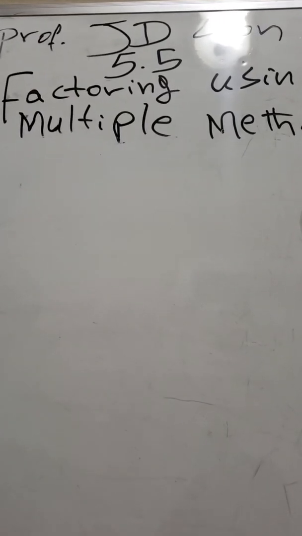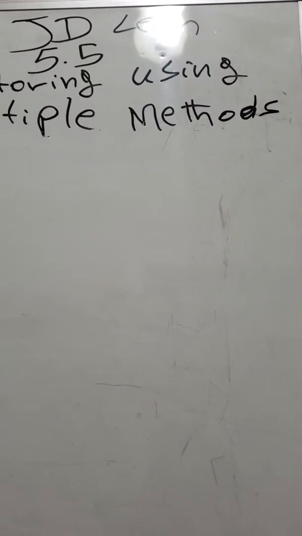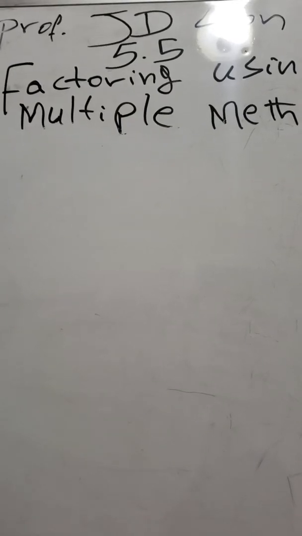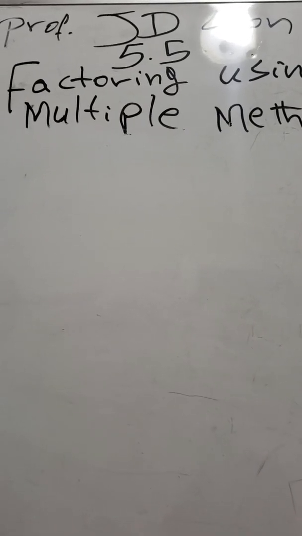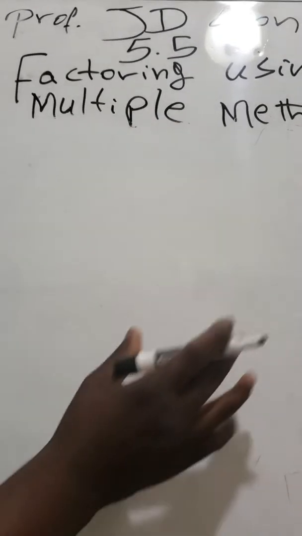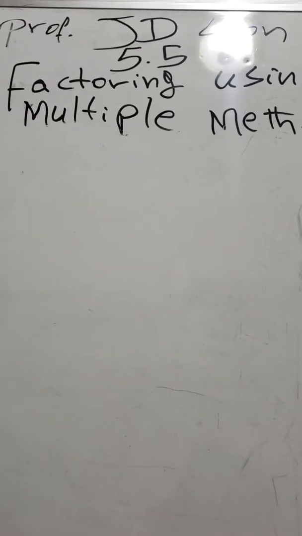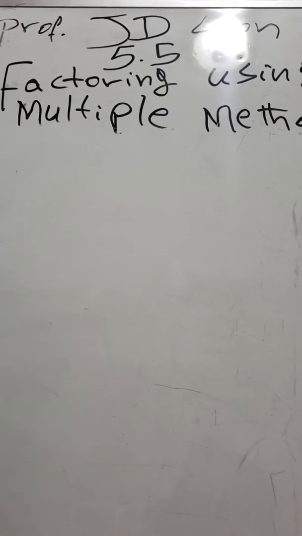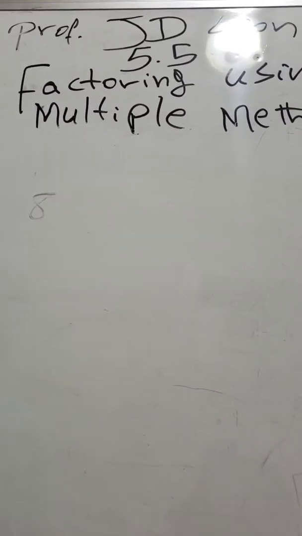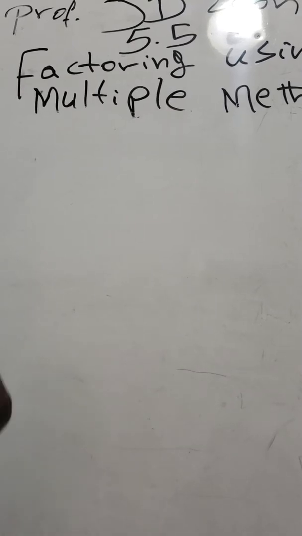All right, this is the last example of section 5.5, guys, which is kind of similar to the last one. It is somewhat similar, but it's one of those examples where you're going to have to take a look at it and figure out whether or how many steps or methods you have to take before you can factor it. So if you had, for example, 8,